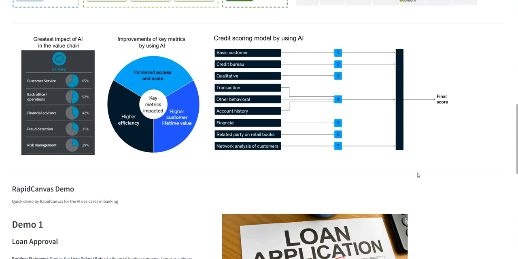So this is an example where we have utilized modern AI, especially with data engineering and big data. We try to build the credit scoring model using AI instead of rule-based, right? Traditionally, it's rule-based; we're using model-based, AI-based. We can integrate all the customer data, including basic customer info, credit history, behavior data, transaction history, and other third-party data. So we will have a final credit score of better quality than ever before, right?